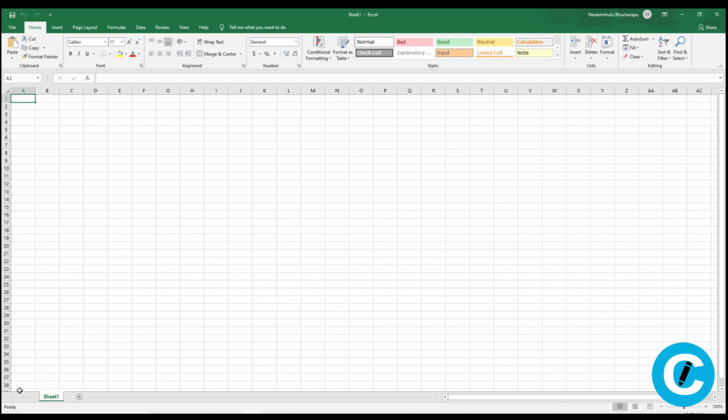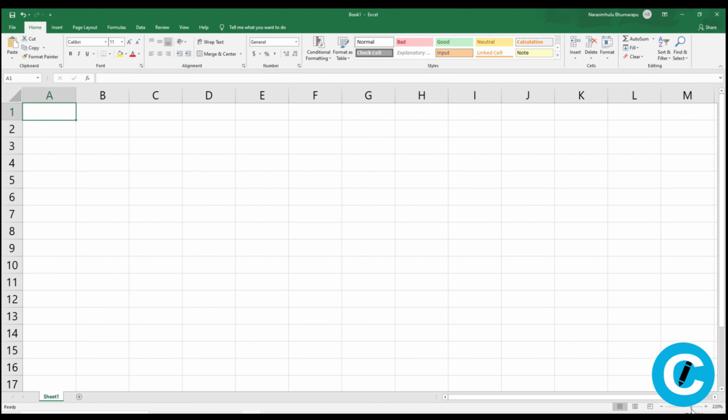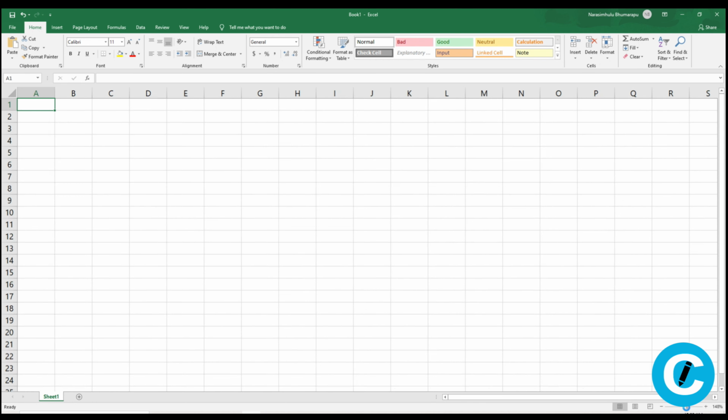In the layout, at the bottom, we have the name of the sheet. So you have Sheet1 here. It is Sheet1 which we are using, and we are working on this sheet. And we have the option to add sheets. If you would like to work on multiple sheets, you can add them here. And towards the right side, we have a zoom option available here. So you can change the zoom level for a better viewing experience. You can increase and you can decrease.